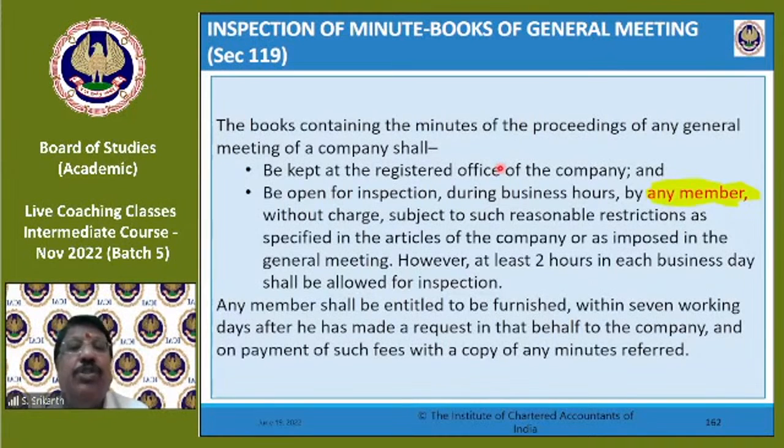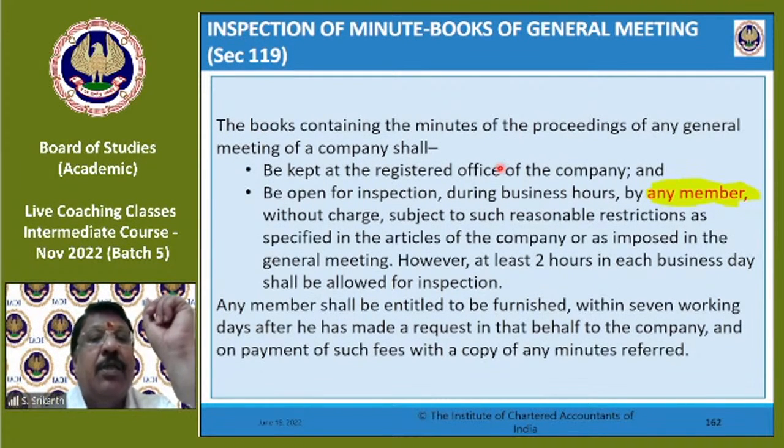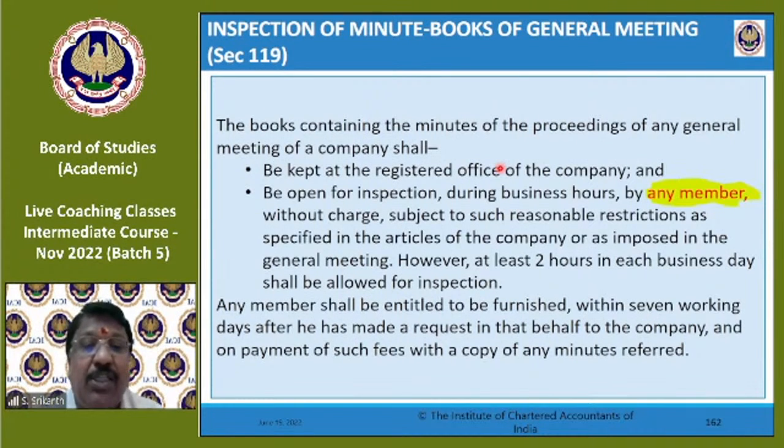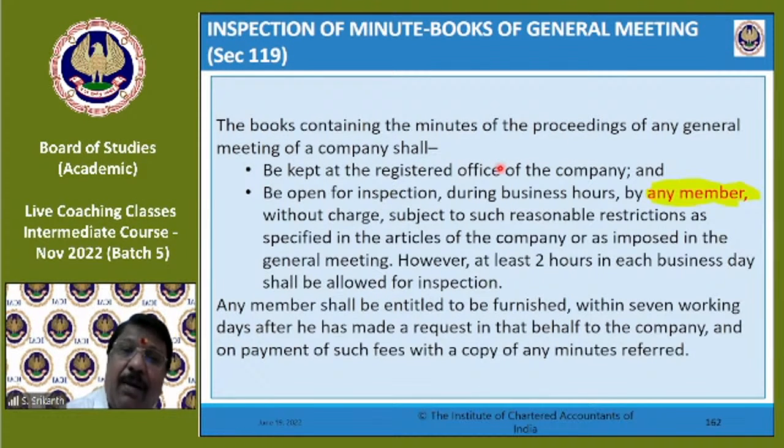Somebody may be holding 2 shares in your company. He may also be holding a competitor company shares, or he may be a competitor. Now, such a person will have access to minutes. So, general meeting. But nobody can have access to board minutes. Board minutes are private. They cannot be seen by the member. But general meeting minutes can be inspected by a member without charge,